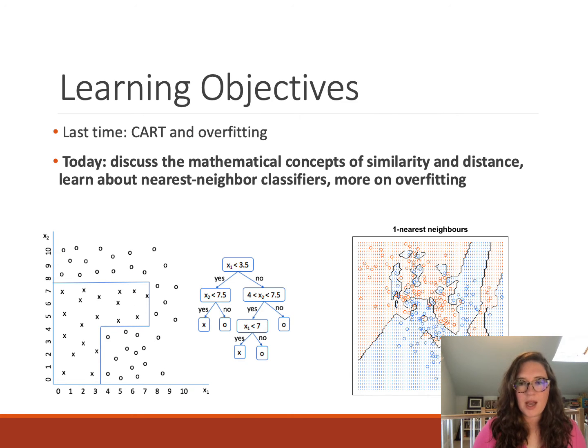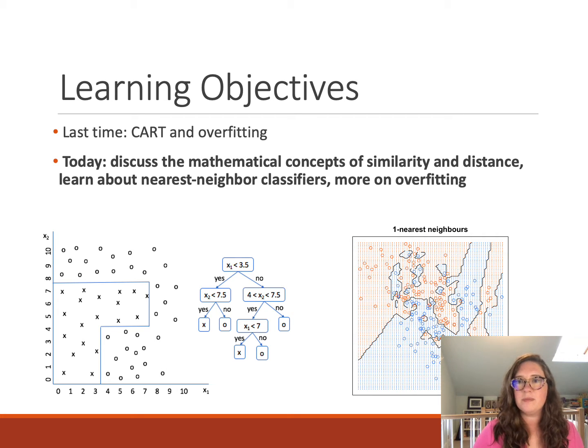So far in this class, we had talked about linear models such as linear regression and logistic regression, and we're learning more about nonlinear models like classification trees and k-nearest neighbors. And so this week, we're going to talk about the mathematical concepts of similarity and distance which underlie k-nearest neighbors methods. And then we'll talk more about the k-nearest neighbors algorithm and learn more about how to avoid overfitting in